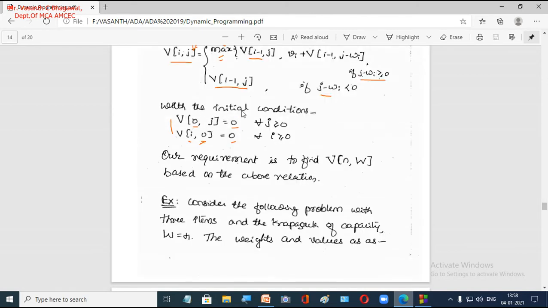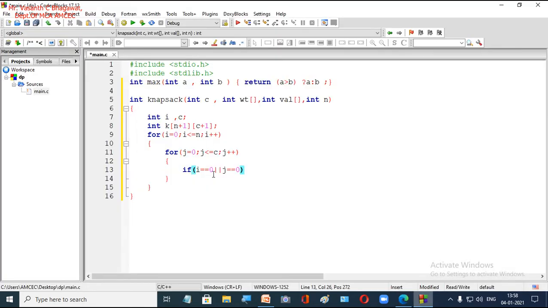If i is 0 or j is 0, the total value will be 0 in our table or matrix. So we say if i equal to 0 or j equal to 0, then k of i j is equal to 0. So we assign k of i j equal to 0.